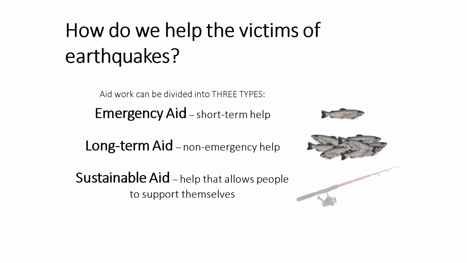Now, you may have heard this before. You give a man a fish, you feed him for a day. You teach a man to fish, you feed him for life. This applies very much to the type of aid. Emergency aid, you just need that fish, you need that food. You're not interested in what's going to happen in the future. If you don't have it immediately, you are going to die. Sustainable aid is, we actually know that this is likely to keep happening. So we need to make sure we can try to help people to support themselves so that they're not relying on disaster aid to keep coming in, but also to try to reduce the impacts, the effects.